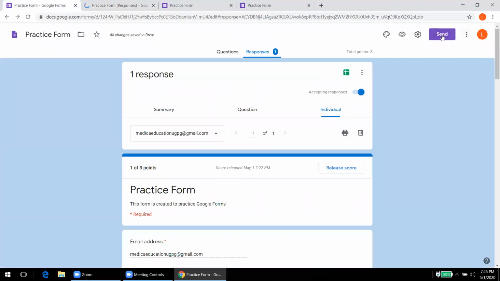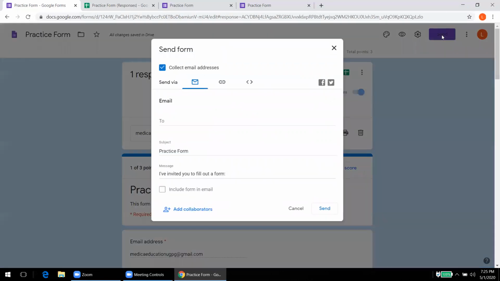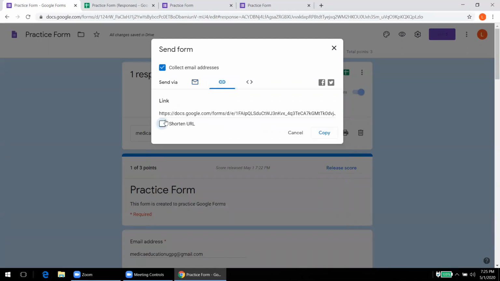And then finally, after we prepare this form, we can send it to the target audience. There are multiple methods of sending it. We can send through email individually, or we can send to a group email. Secondly, this is a very useful option where we can create a link of this form.